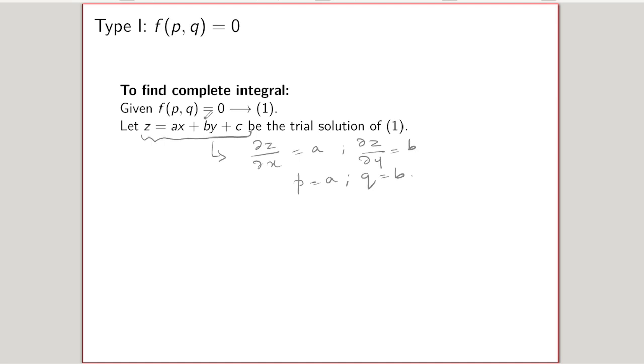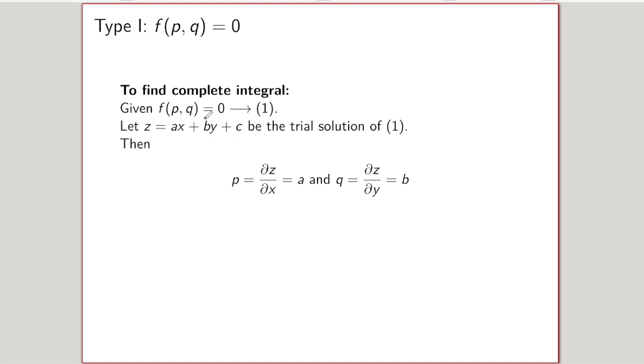So instead of p, q in the function f of p, q, I can substitute a and b. So I'll be getting an algebraic equation. Solving that algebraic equation will be easy. So I'm going to take this z equal to ax plus by plus c as the trial solution of type